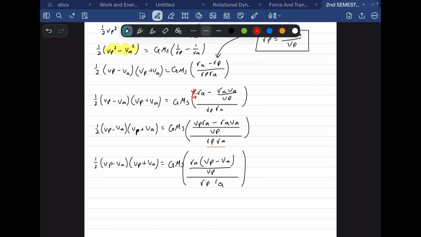Okay. So now VP minus VA would cancel out with the one on the left side. This RA would cancel out with the other R apogee, which leaves you with this equation. I'll keep it as is. So you have 1/2 (VP plus VA) is equal to GMS